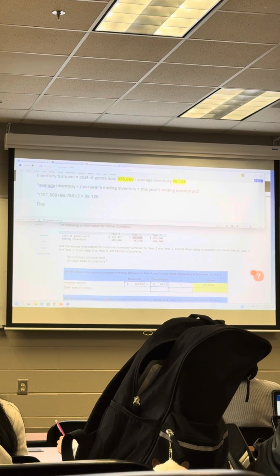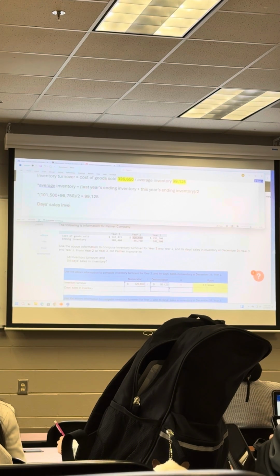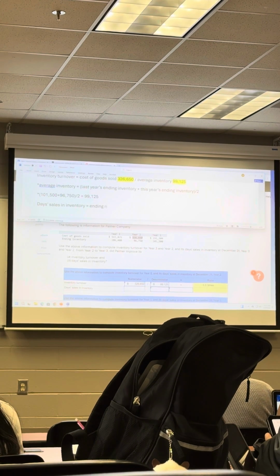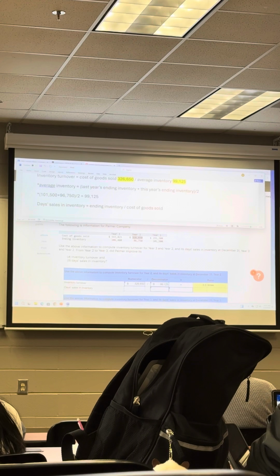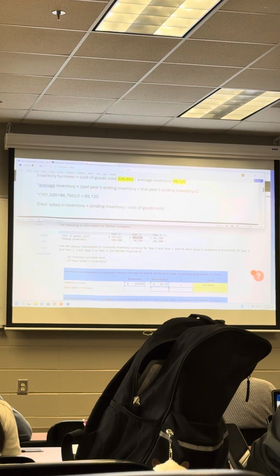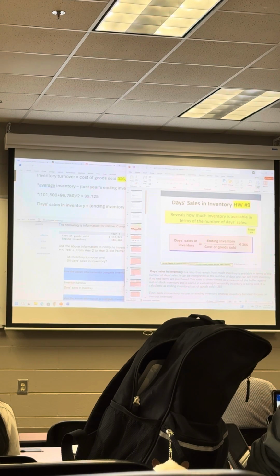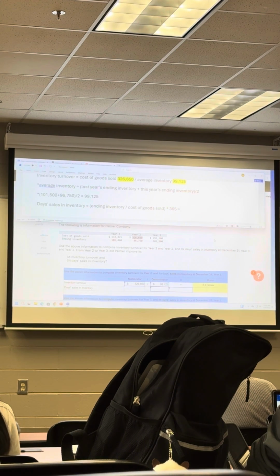So days sales inventory equals the ending inventory divided by cost of goods sold, and then multiply that by 365. So my ending inventory for year two